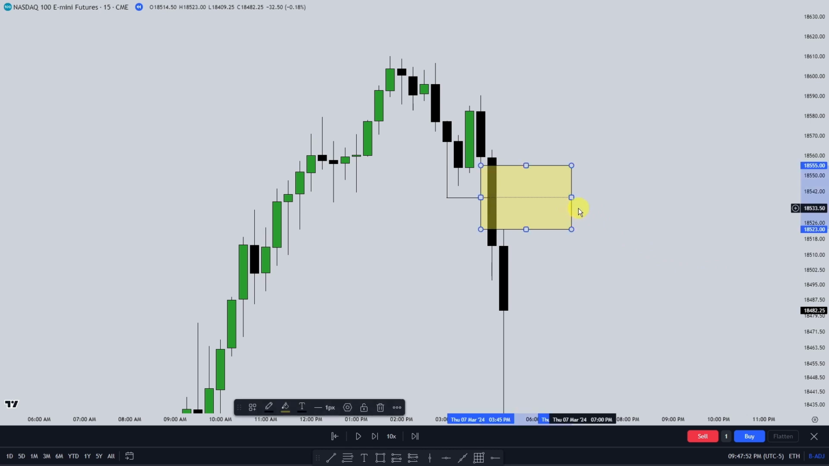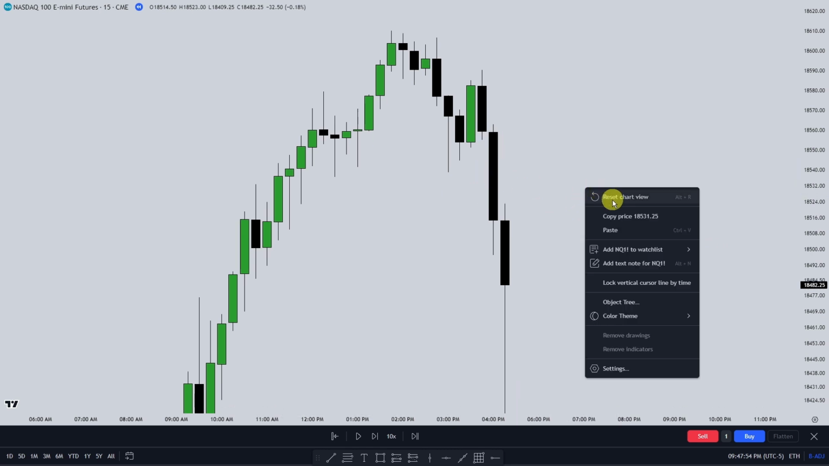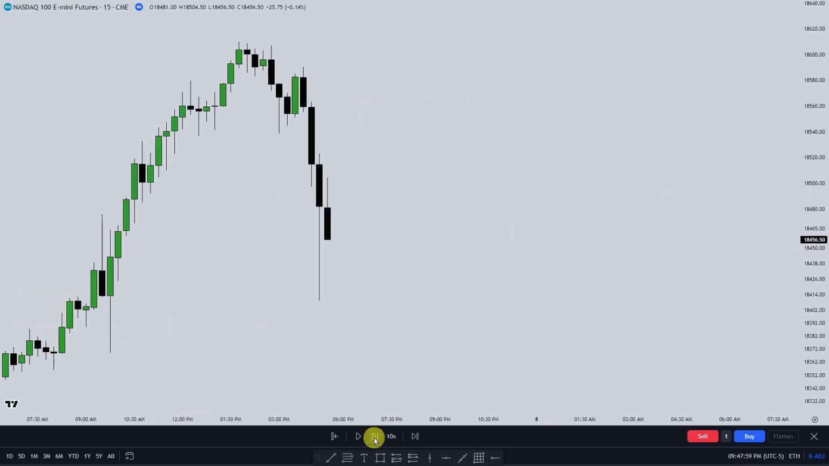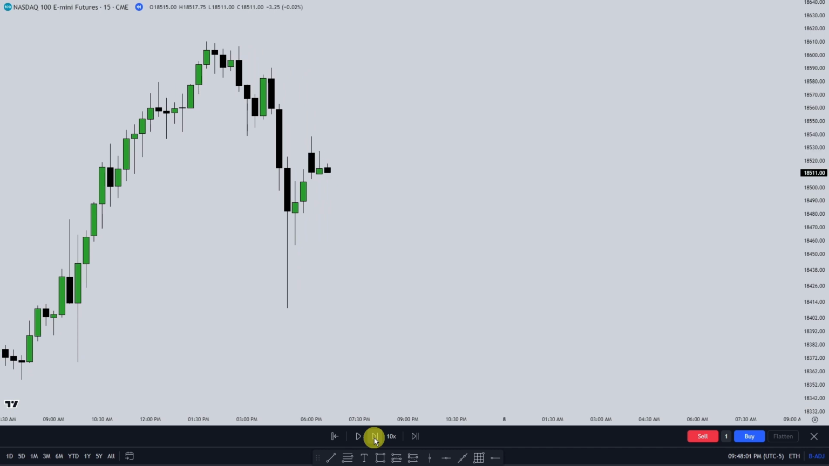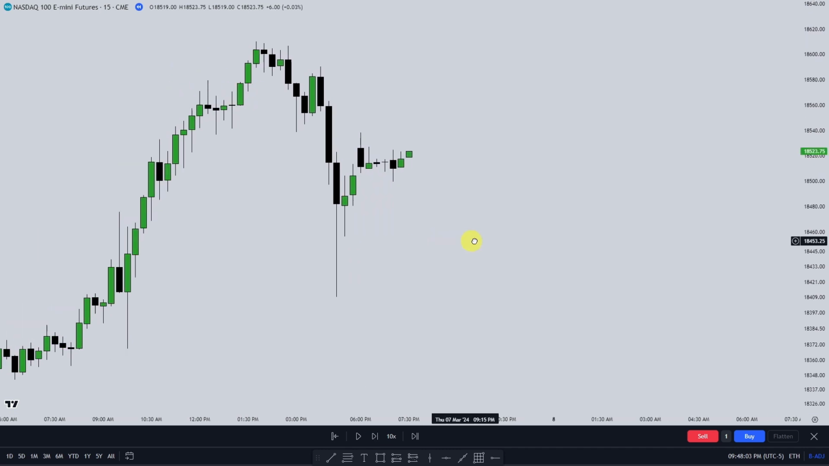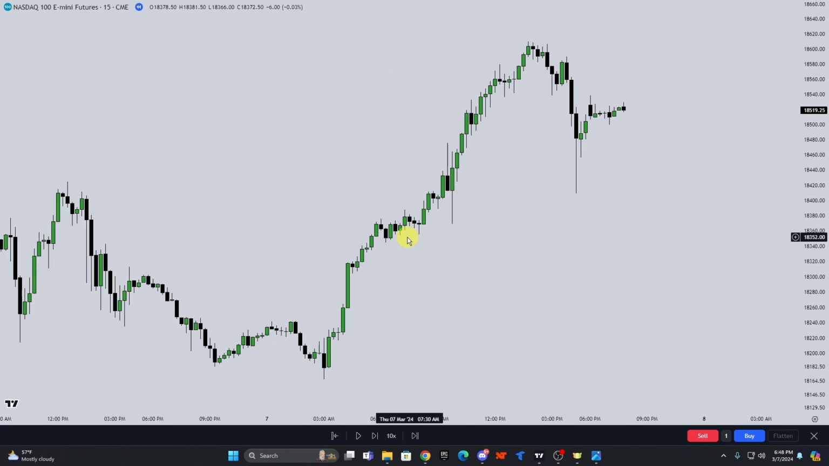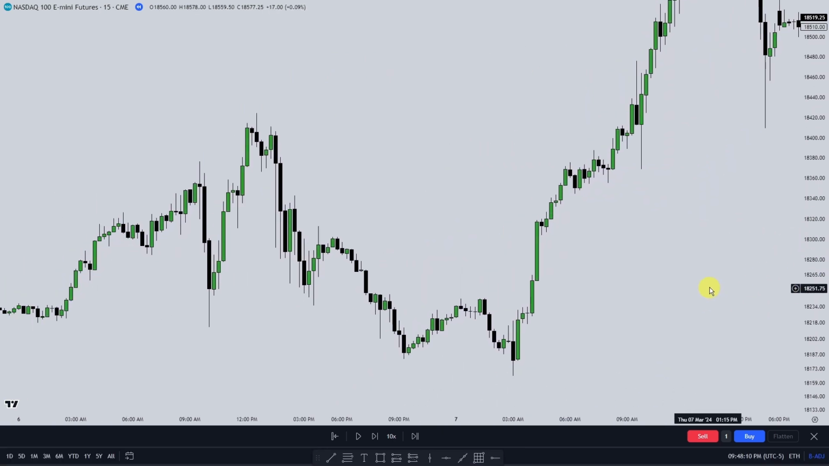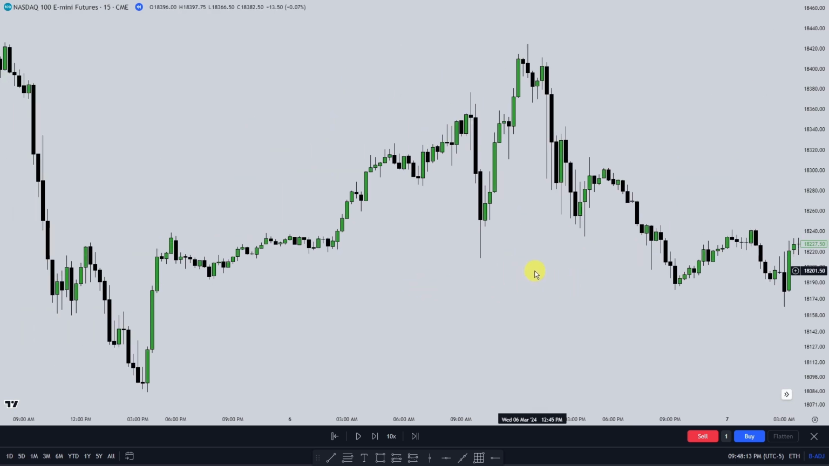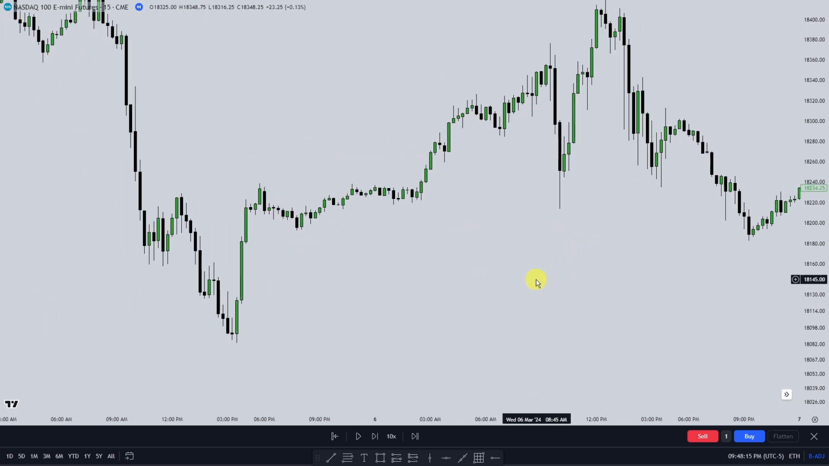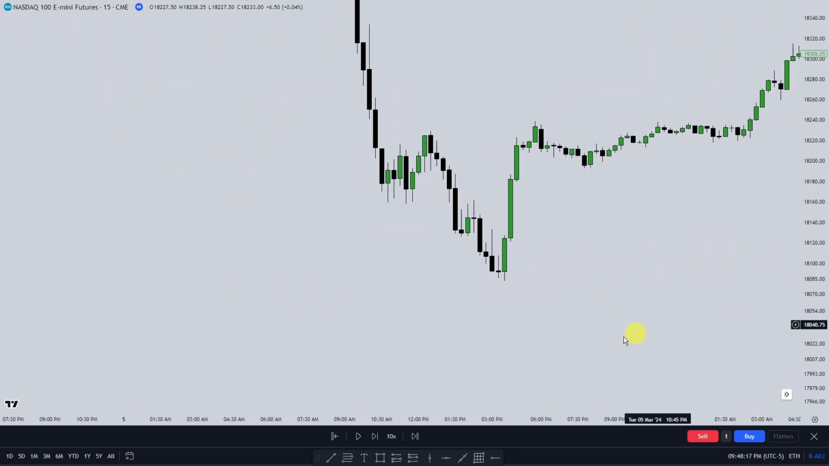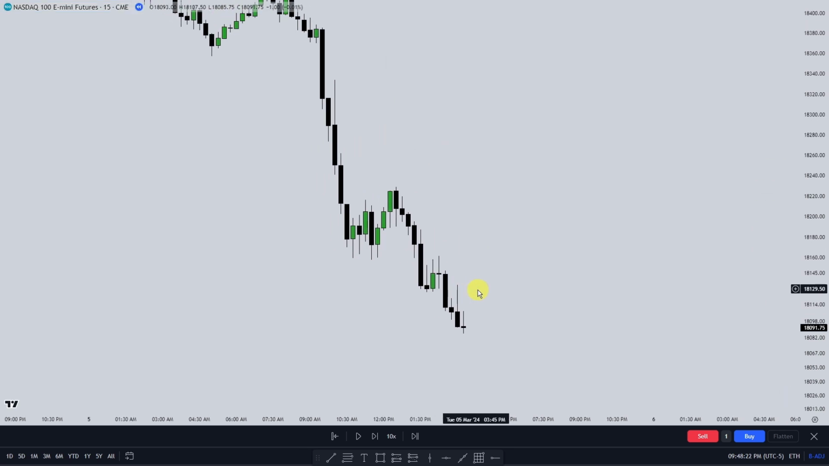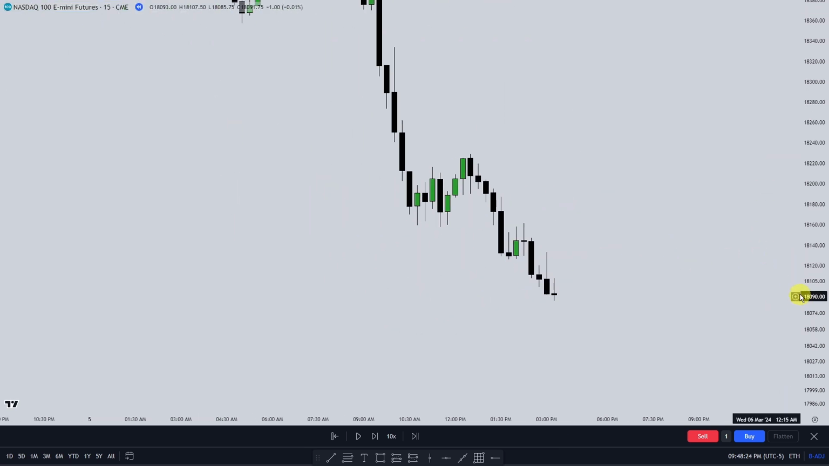Okay. And let's just see how it plays out after that. Oh, it's the aftermarket hours. I'll try to find another example for you guys. So let me try to find a bullish market structure shift for you guys. Just a really good example. Here we go. Okay. So right here,